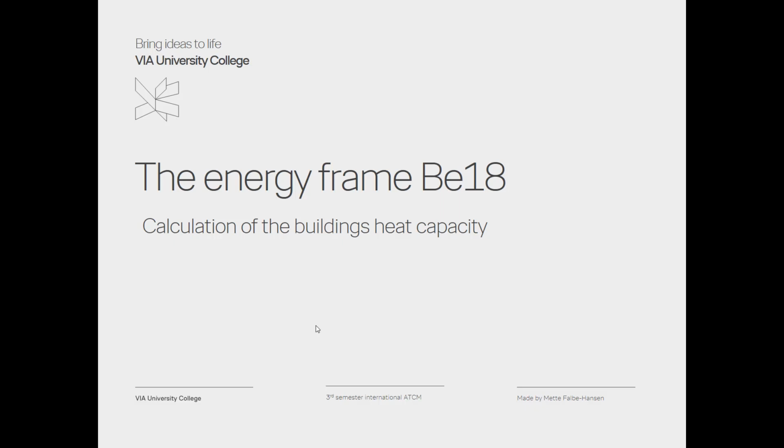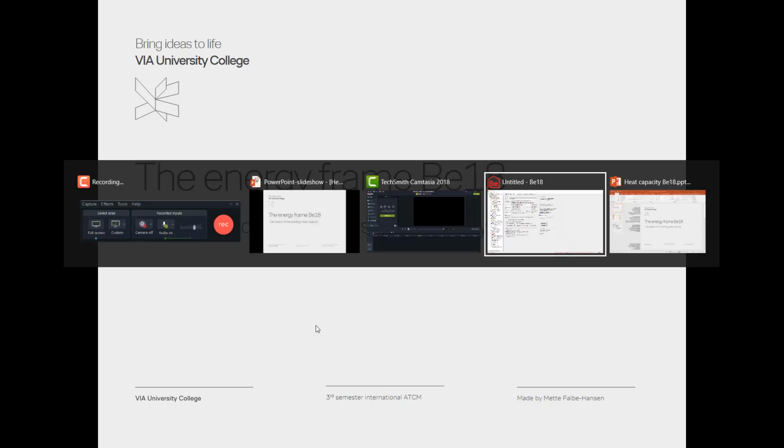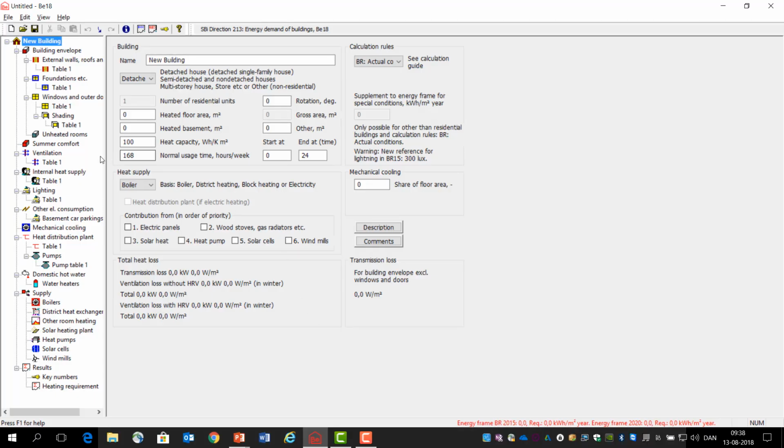Hello, in this video tutorial I'd like to show you how you calculate the heat capacity for the building. We have the heat capacity in this cell here on the front page in the BE15. When you have to calculate the heat capacity, you have to know what kind of constructions you have in the